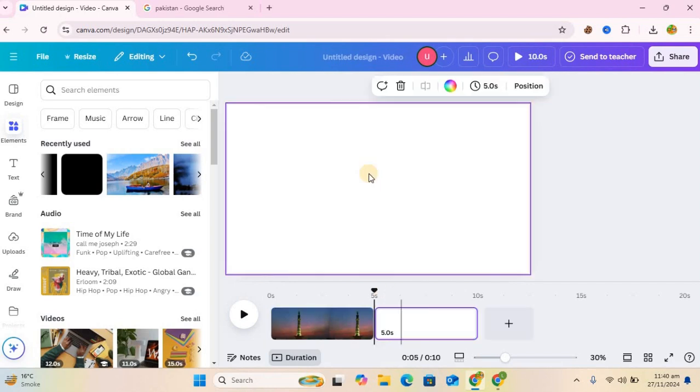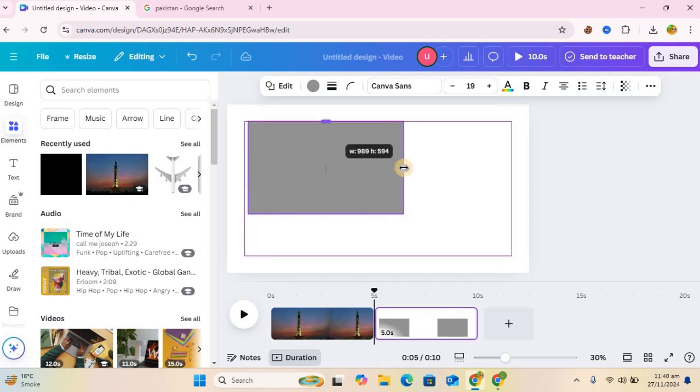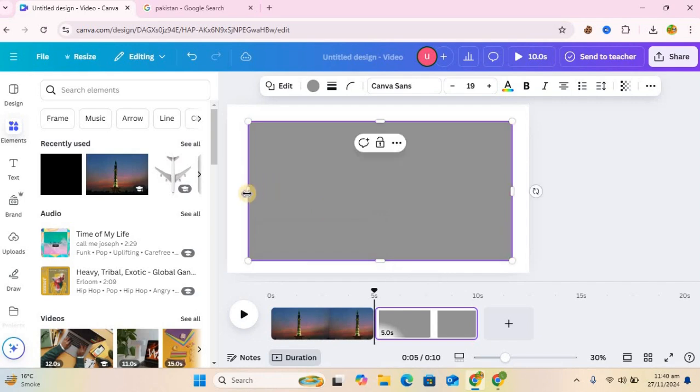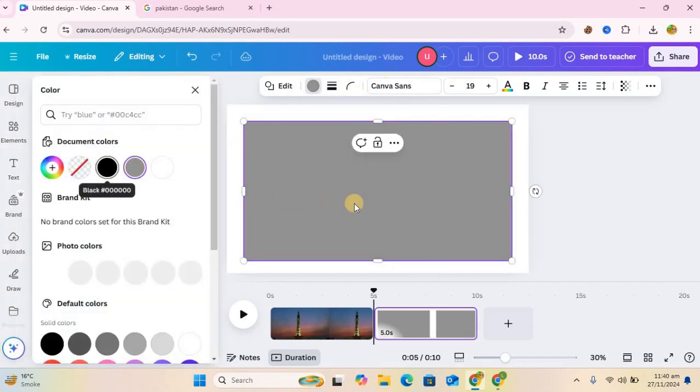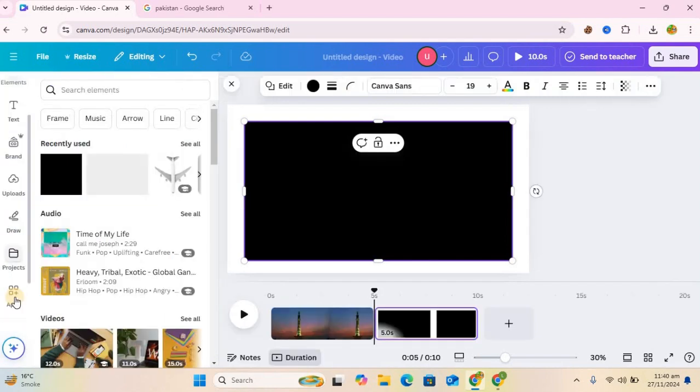and now go to second page, select a shape, expand it, change the color to black. Now come to the